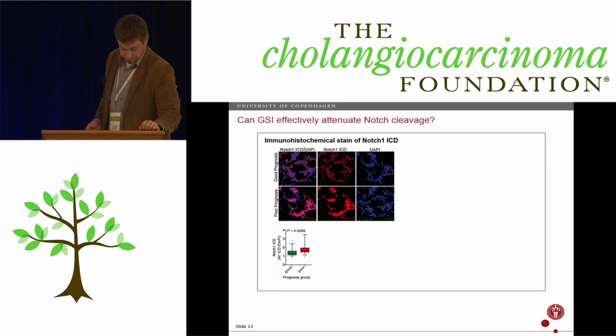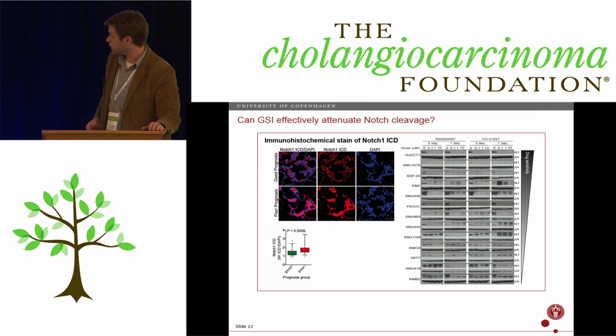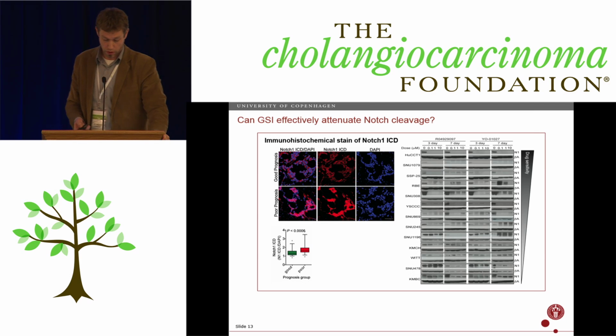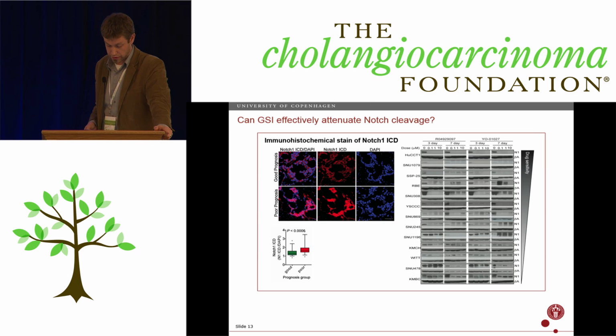And based on our initial historical classification of intrahepatic cholangiocarcinoma patients into poor and good prognosis, we can see a clear overexpression of the intracellular domain of NOTCH in the poor prognosis group. We did this both by immunohistochemistry as well as with hematoxylin staining, seeing that the activated NOTCH really does get into the nucleus. And that was, of course, significant between the two groups of patients. That led us to, as I said, acquire the gamma secretase inhibitors, and in this scheme, 13 different cholangiocarcinoma cell lines.